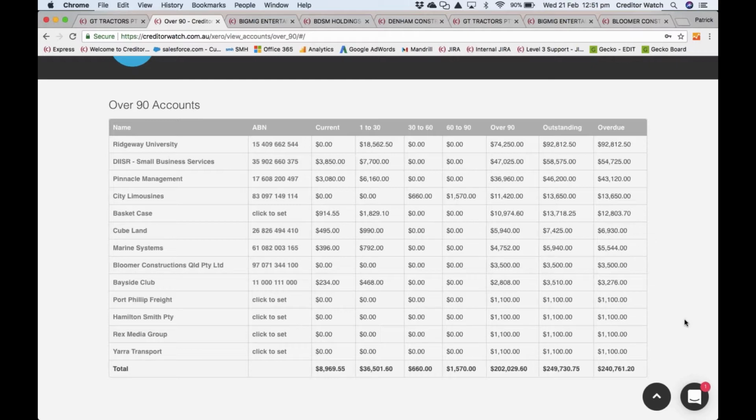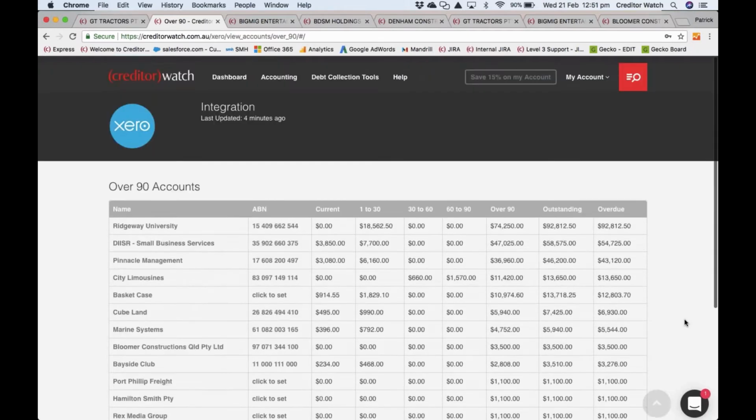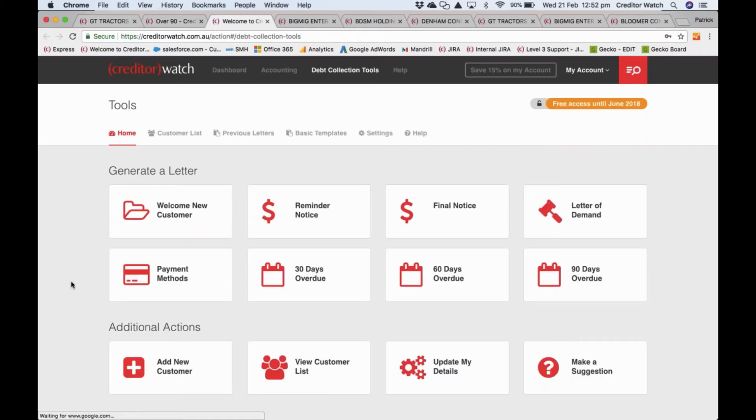So being really the squeaky wheel, ensuring that you're on top of your receivables and your overdue customers, starting with reminder emails, reminder letters, and whatnot as soon as it's falling due, is going to help you not just ensure that you collect that debt full stop, but also significantly assist your cash flow as well. So for those of you who are CreditorWatch customers, we do have the debt collection tools, which you can click on. There's a wide variety of them now,